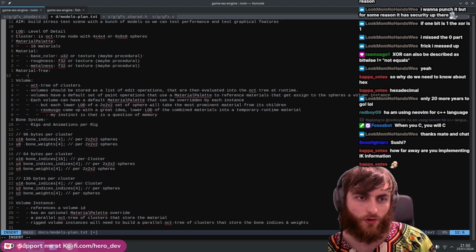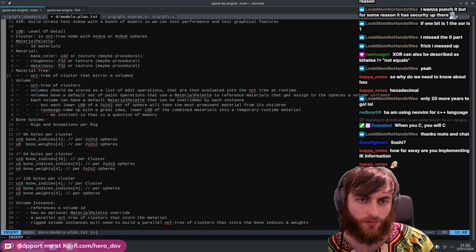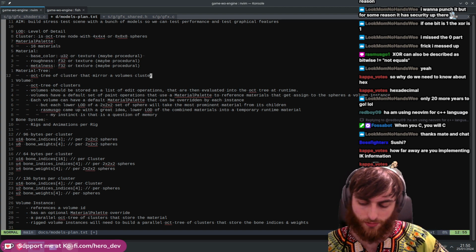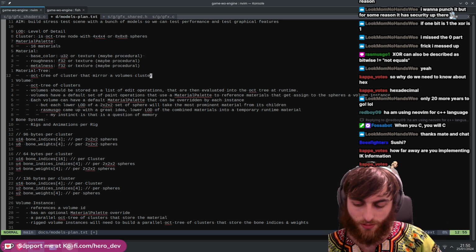So this is an octree of clusters that mirror a volume's clusters. When you create this thing, you basically just copy the cluster structure,